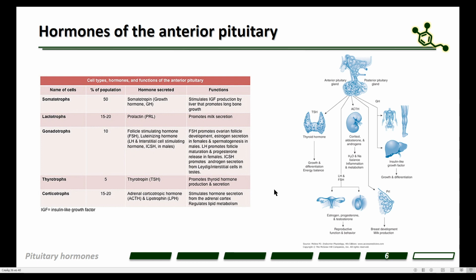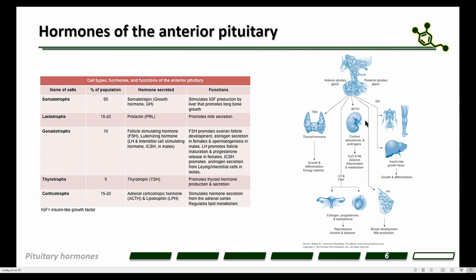Follicular stimulating hormone promotes ovarian follicle development and estrogen secretion in females and spermatogenesis in males. Luteinizing hormone promotes progesterone release from the corpus luteum in females, and in males you will have androgen secretion. Then we have ACTH, adrenocorticotropic hormone,